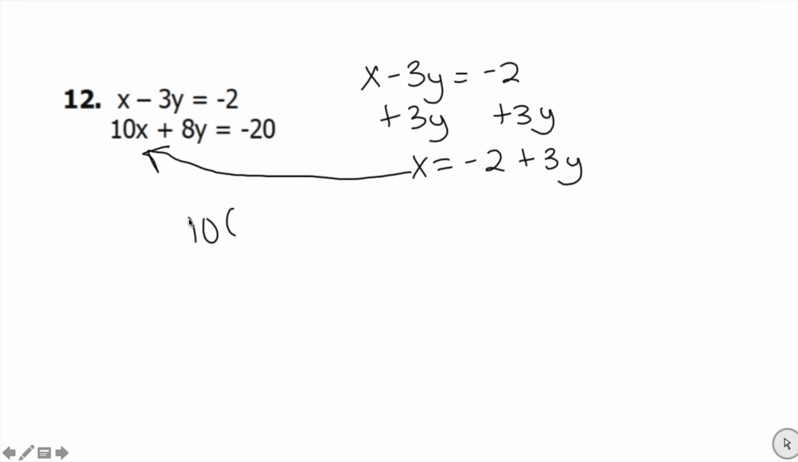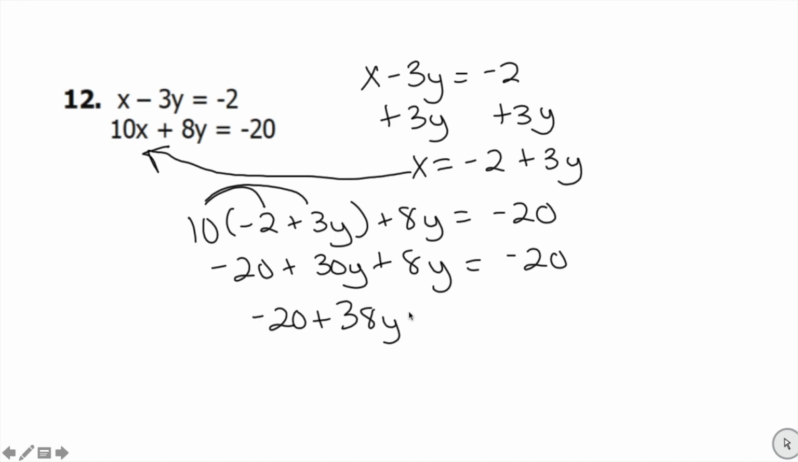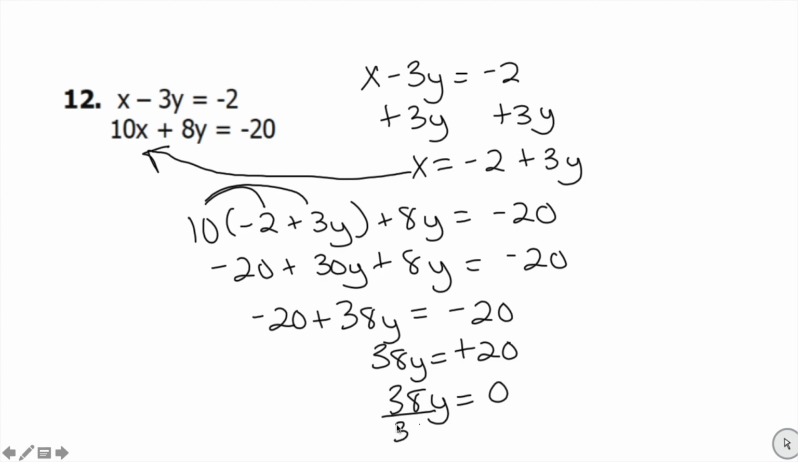So we have 10 times negative 2 plus 3y plus 8y equals negative 20. So that's 10 times negative 2, which is negative 20, 10 times 3y, which is 30y, plus your 8y equals negative 20. So 30 plus 8 is 38y, negative 20, bring it down, add that to this side, and if you add that, you end up getting 0. So if you divide by 38,